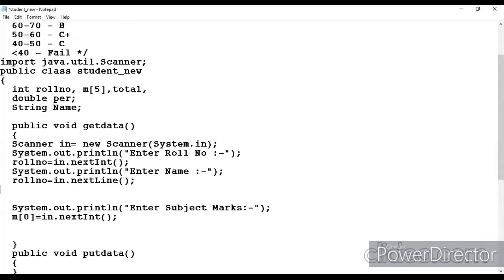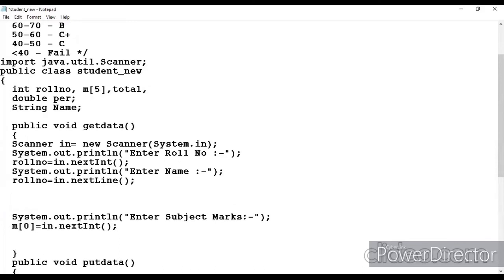Now what I will do is use a for loop. I am using this loop inside the method now, not in my class. This is the loop for the array, for inputting the marks.